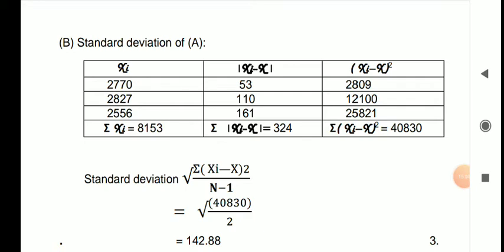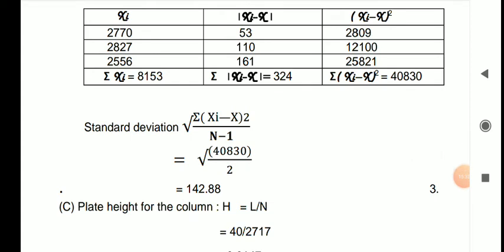And then you have to calculate xi minus x bar the whole square. So 53 square, 110 square and 161 square. So all those you have to add up. So 2809, 12100, 25921. That you add up, you'll get 40,830. The number of data is 3. So n minus 1 will be 3 minus 1, that is 2. So square root of 40,830 over 2 is the answer for the standard deviation. So this will come out to 142.88. So you'll get plus or minus 142.88 because it's a square root. Square root values, they are always positive and negative both.